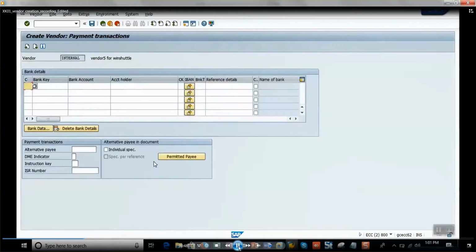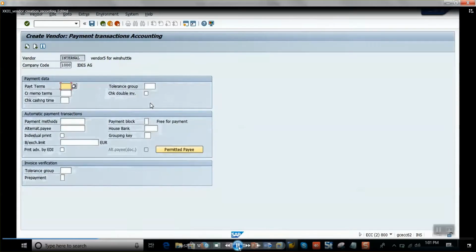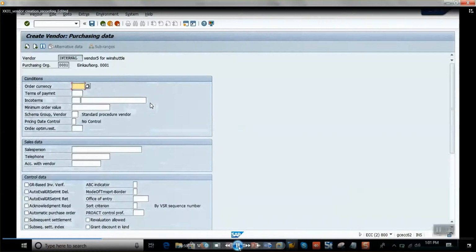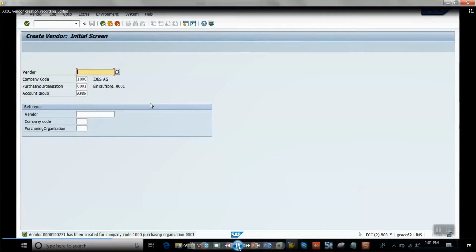So once everything is okay, just click enter until you reach the mandatory fields and everything is, let's say, filled out. Then you could proceed to the creation of vendor reference number by clicking yes. So here is your vendor,